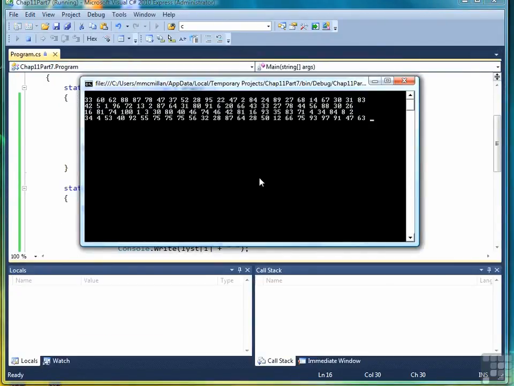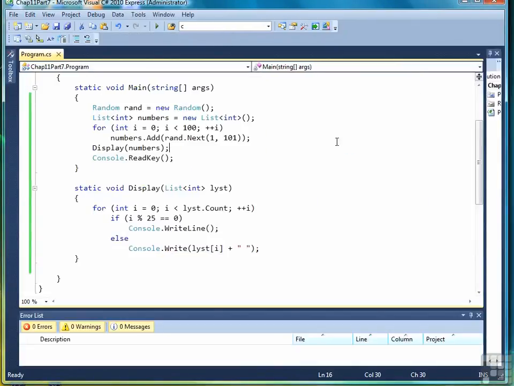And we get a different set. One of the things you may or may not know about random number generators is that if you don't properly seed, S-E-E-D, the random number generator, you can conceivably regenerate the same pattern of numbers over and over again, because random number generation is really only pseudo random number generation. It's not absolutely random. Seeding the random number generator is too technical to really talk about in this lesson, but